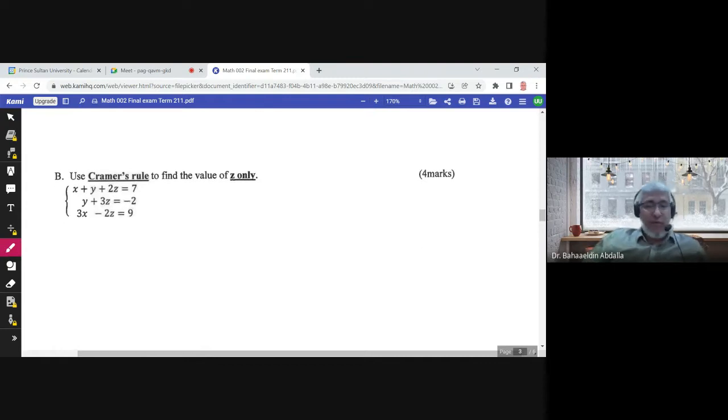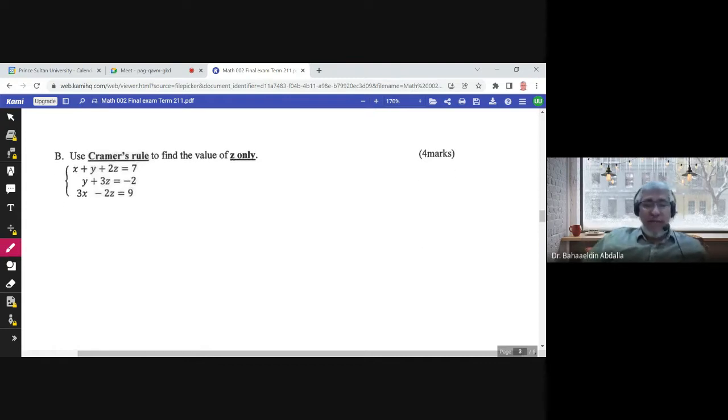Use Cramer's rule to find the value of z only. We studied Cramer's rule in section 9.5 about determinants and Cramer's rule. And there is a special video about Cramer's rule for 3 by 3 matrices, or systems of 3 equations in 3 variables. And if you remember, the method is to find the determinant D, and here you write the coefficients